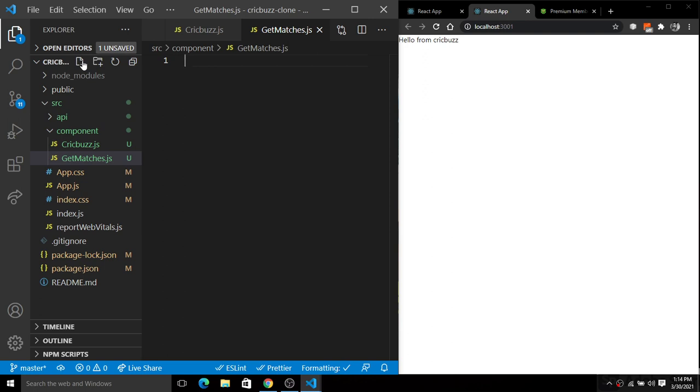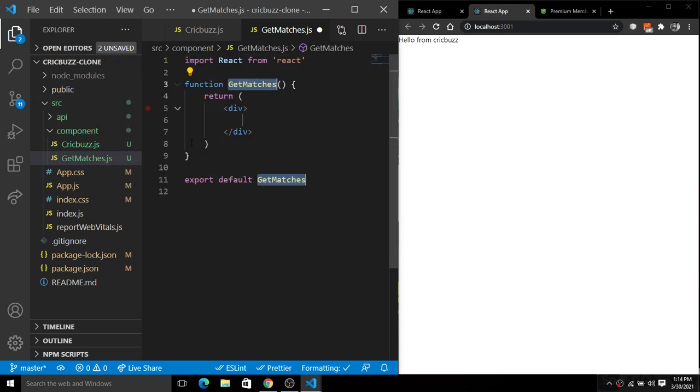So here also I'm going to simply create a functional component snippets using RFCE, and in the same way we will give the class name here, and here inside of this class name we will simply give a class name of get matches, or you guys will simply use a BEM convention. If you guys know about BEM convention, or you guys will simply give nothing there if you guys want to apply the CSS there, right?